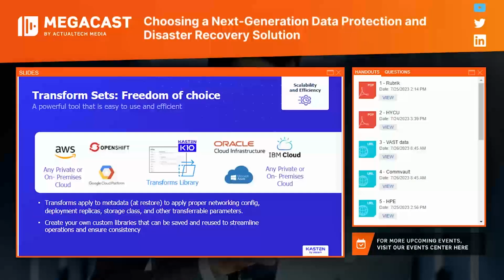So during that migration, we can apply what's called transforms. Think of it as a really advanced find and replace, or sed for my Linux buddies out there, where we can change those in flight, and that way your applications come up in that destination Kubernetes landing place. So we can make sure it's seamless. You don't have to go tinker once your application's over there. Again, really important to minimize that mean time to recovery when you're facing any sort of issue, whether disaster or ransomware or what have you.